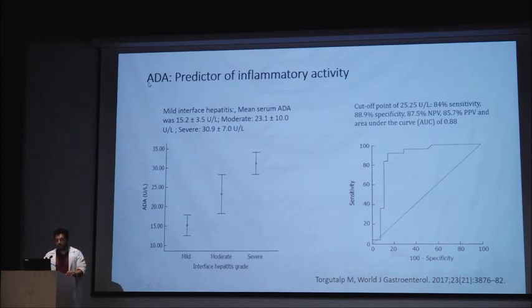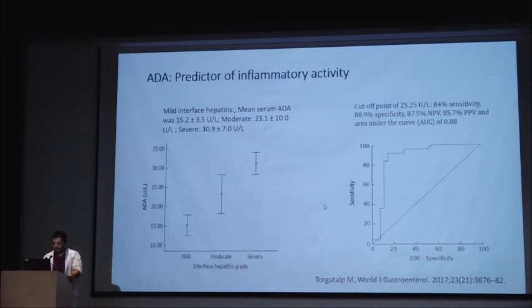Serum adenosine deaminase has also been studied as a predictor of the inflammatory activity. The serum adenosine deaminase level varies with the mild, moderate, and severe disease, and the mean level in mild was 15, in moderate it was 23, and in severe it was 30.9, and the cutoff of 25.25 with a sensitivity of 88.9% and specificity of 89% has been shown to predict severe disease